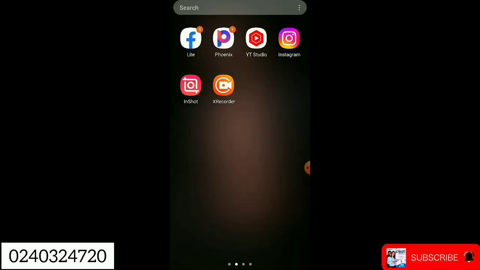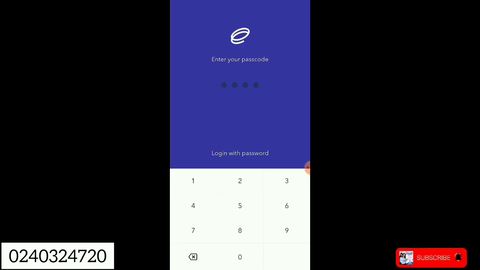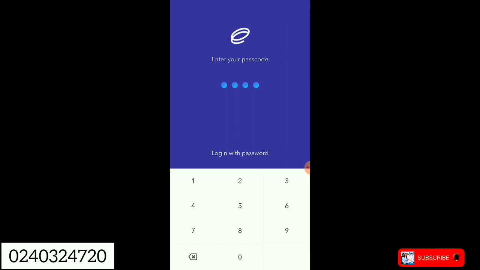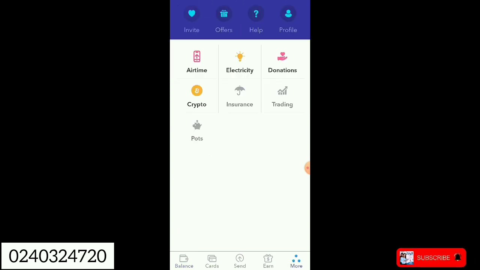So let's jump straight in and let me show you how you can create your dollar account for dollar arbitrage in Ghana. This is how we do it. Let me log out from my demo account and show you how you can create your dollar